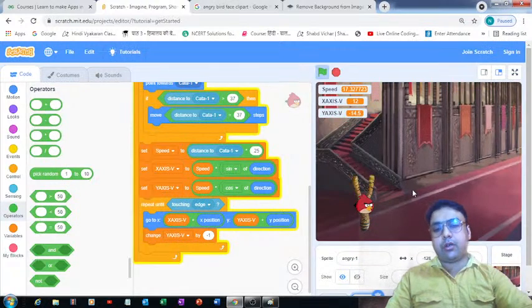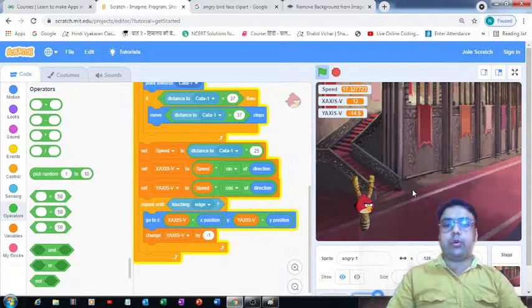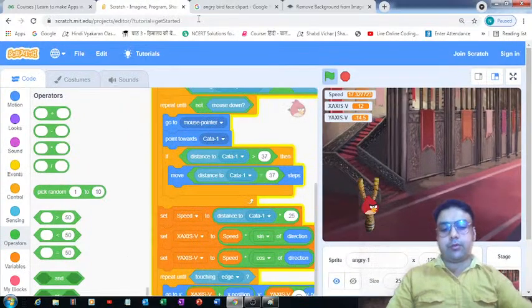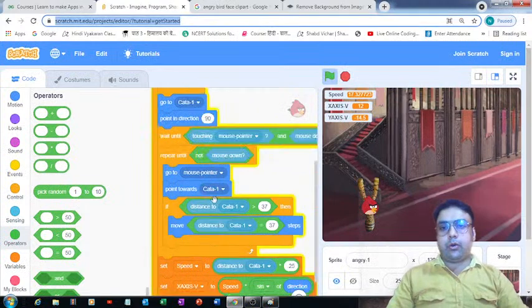Before ending this lecture, I would like to show you the entire code one more time, and I'm enlarging the size of my screen so that you can see the entire code more clearly. Right now it's a bit small. I am enlarging the size of my window. I hope now you are able to see it.